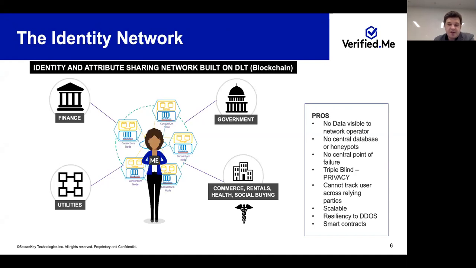And in that case, that would be e-commerce, rentals like Airbnb, healthcare portals, places like eBay or Amazon. In our case, in Canada, we have a company called Kijiji, a division of eBay, and they would be looking to secure maybe higher value transactions like cars, right, to prove the identity of buyers and sellers to make sure it's a legitimate transaction.